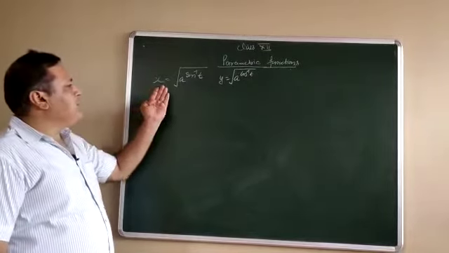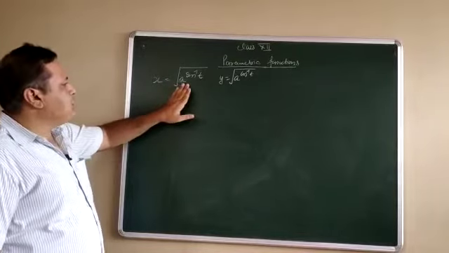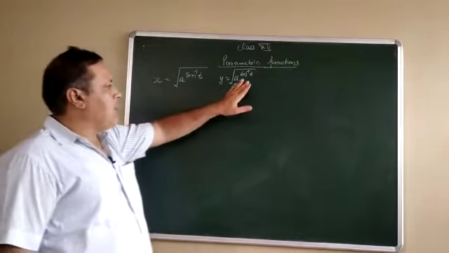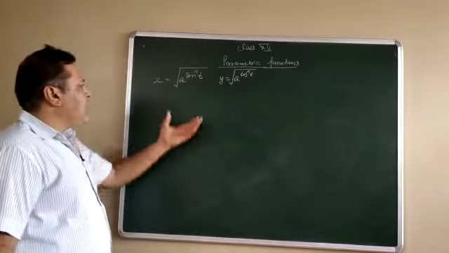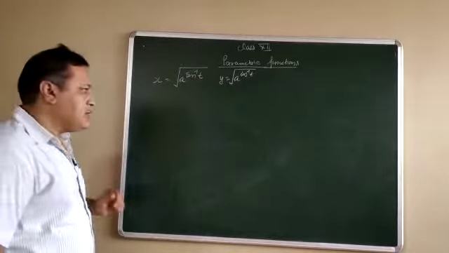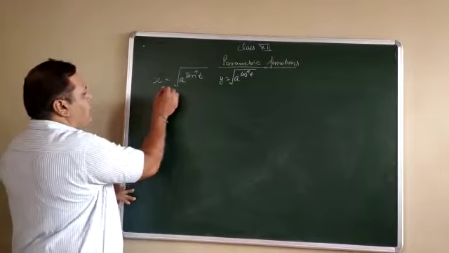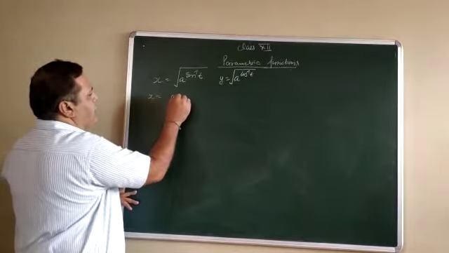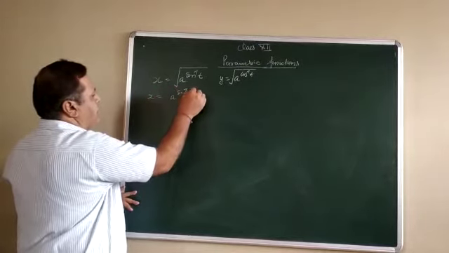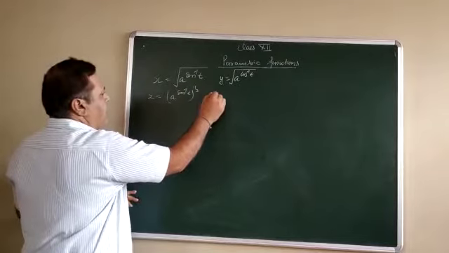Now see one more question. x is equal to a sin inverse t, y is equal to a cos inverse t. This question can also be done by two different methods. See, the first, ordinary method: x is equal to a to the power sin inverse t, whole power 1 by 2.